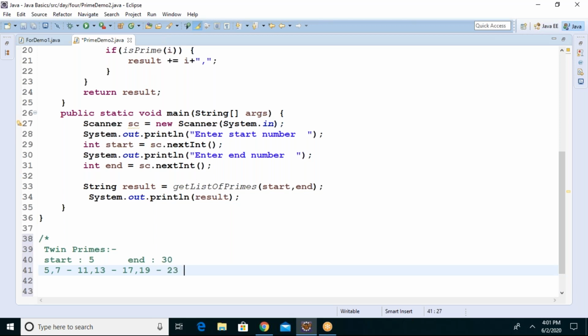And what is the next prime? 25 is a prime? No. Guys, 24 is a prime? No. 26, no. 27, no. 29, yes. But is it a prime?